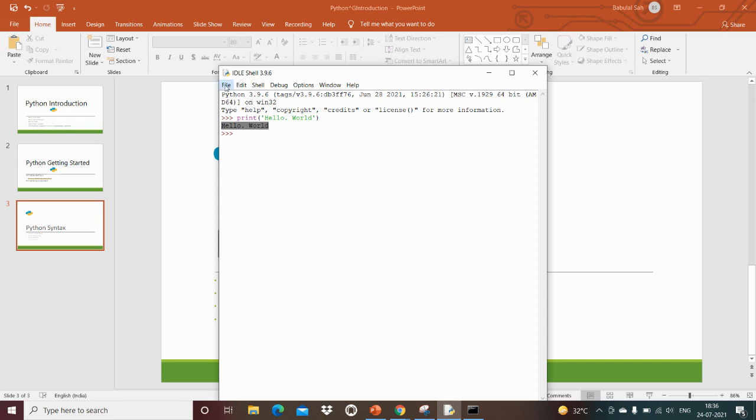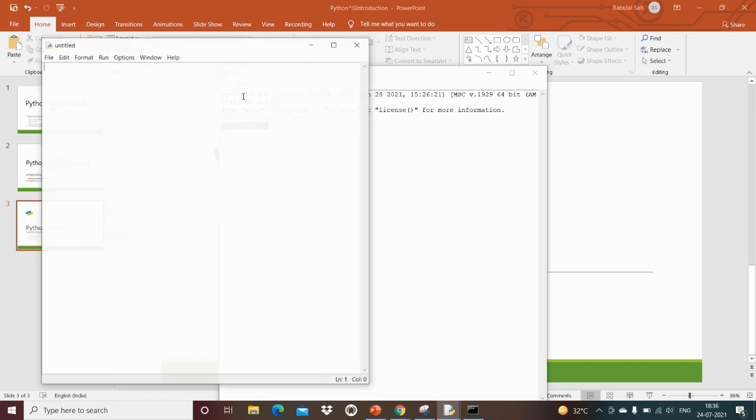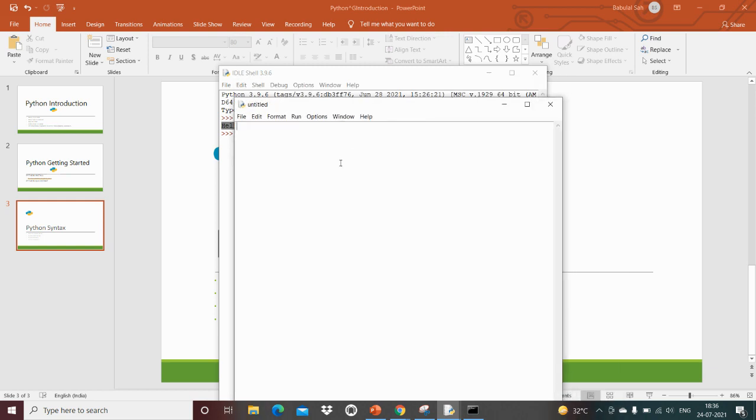And how you can create a Python file from here, just click on new file, and here you can write: if 5 greater than 3, print, this number is same, print 5 is greatest number, right?